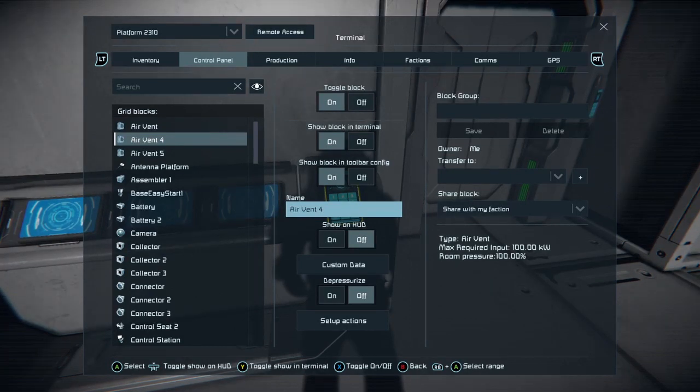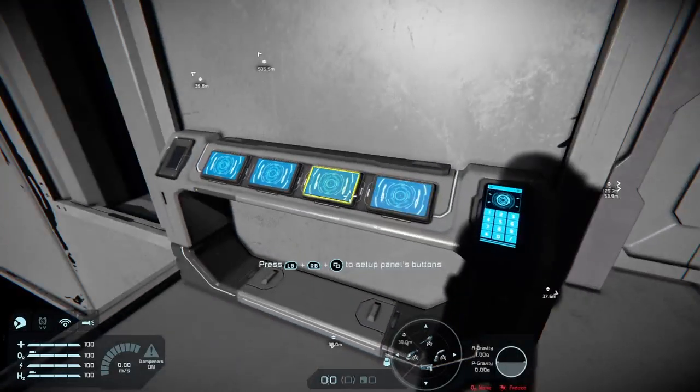So let's name it airlock. And then air vent 5, we're going to just call main. And there is our air vent main and our air vent airlock. Now we know their air vent airlock.